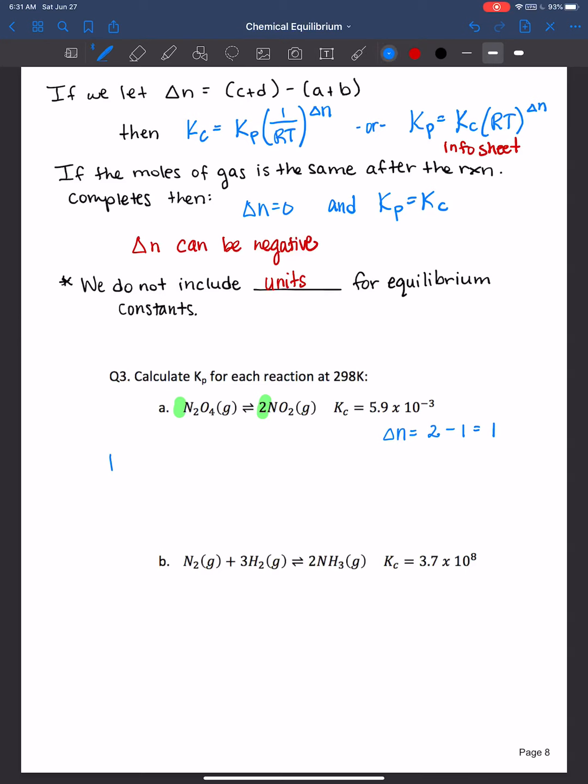So Kp is equal to Kc times RT to the change in n, 5.9 times 10 to the negative third, times 0.08206 times 298, to the first. And when you plug that into your calculator, you should get 0.14